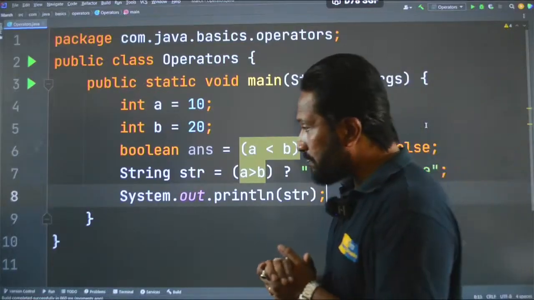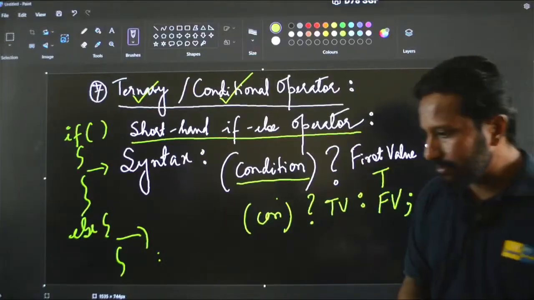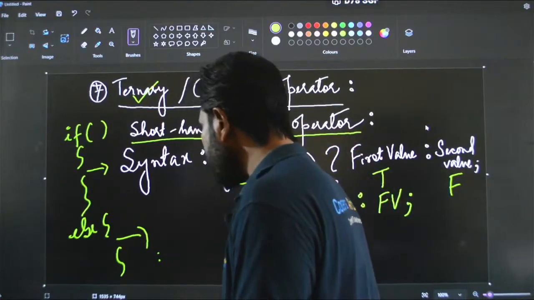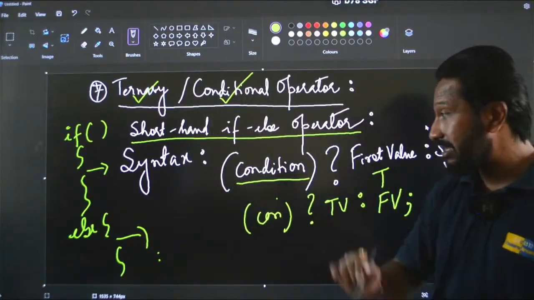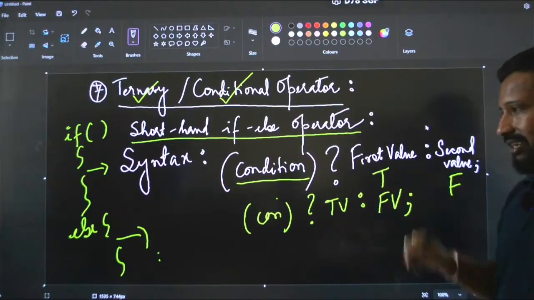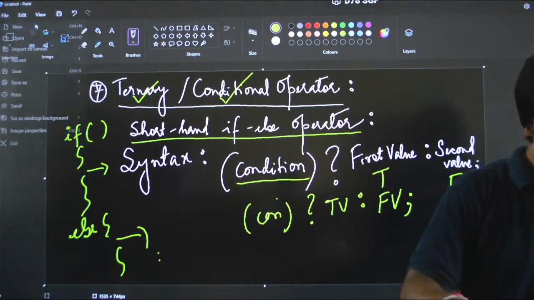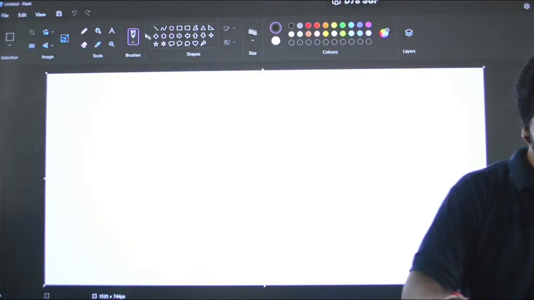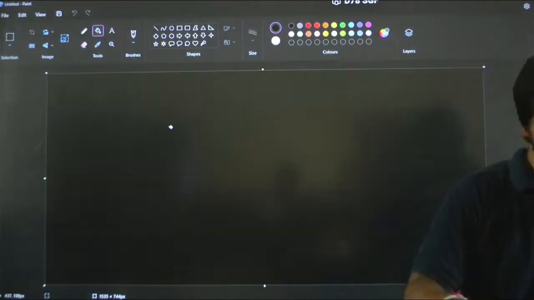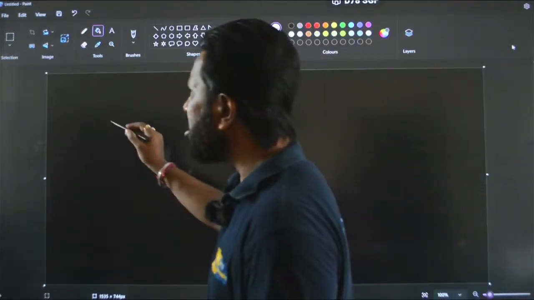Clear? So let me modify what I had written there so that it makes sense. Now we had this condition, first value and second value, right? I will make it a bit easier for you to understand by modifying the syntax a little bit so that the concept becomes proper to you. Okay, so I will write